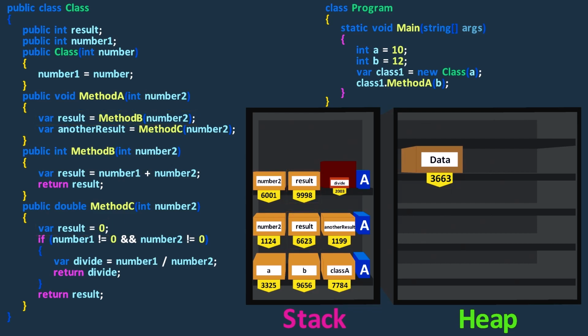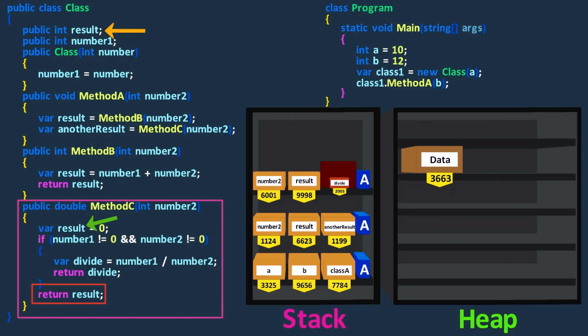Alright, when two variables have different scopes, like one at the class level and the other at the method level, or in different methods, they can have the same name. But things get interesting when we use a variable in a method that is also declared in the class where the method is defined. For instance, in the method C, we returned the value of a variable called result. In this scope, we can access both the result variable and the result field. This is because all the fields of a class can be accessed in all its methods.